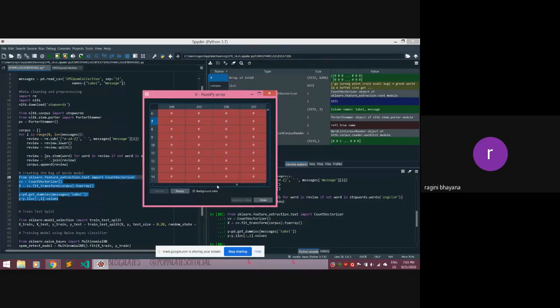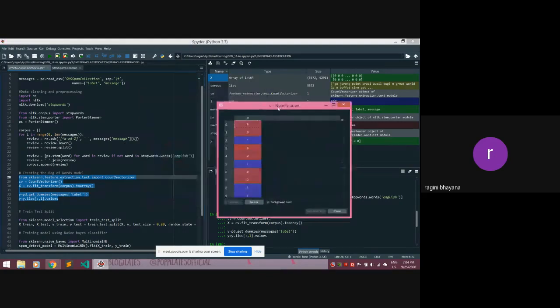So it is a very big data set. Yes, we saw one. Here, in the 10th sentence, we have the word corresponding to the 233rd feature. And then we have our Y numpy array, which is showing that in the second row we have spam, but in the first row, this message corresponds to ham.